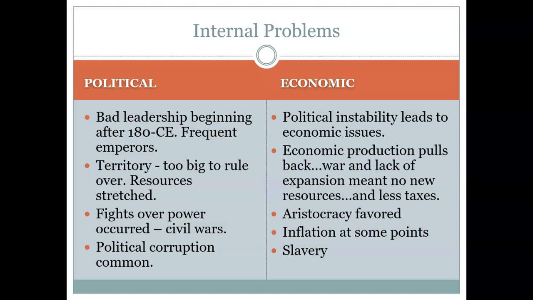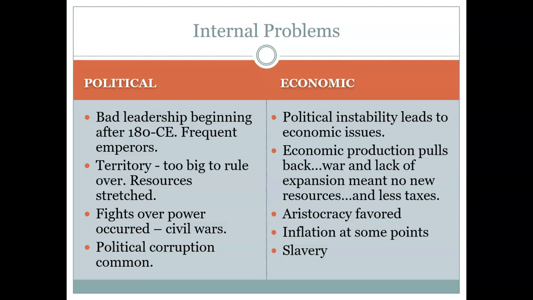One of the things that we also talked about are some of the political and economic outcomes in the last few decades of the Roman Empire, maybe even starting in the late 200s into the 300s. For example, there are some internal political problems, problems just within the Roman Empire. It's too big, resources are stretched, and there's a whole pile of really lousy emperors. Political corruption goes unchecked. So those are all political problems. There are economic problems. On the fringes of the empire, there's conflict and war. There's less produced as a result, and tax revenues start to fall.